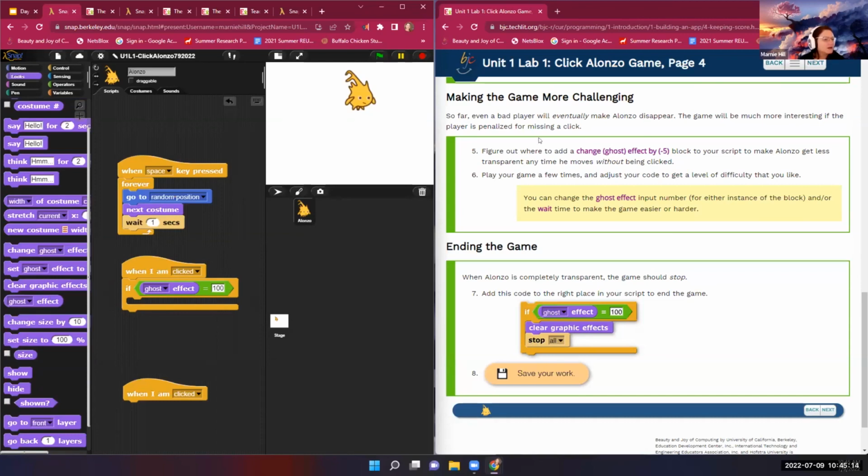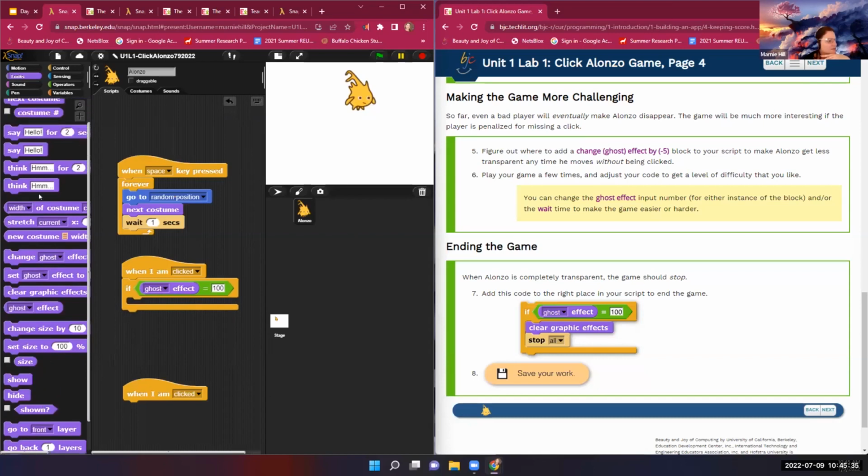So we're making this code. I guess I have to come up, and we're going to change the ghost effect too. So this is going to be a part of our code, and I'm kind of going backwards about it, which might be how your kids will end up doing some stuff too. So we're going to clear our ghost effects. So if the ghost effects equals 100,